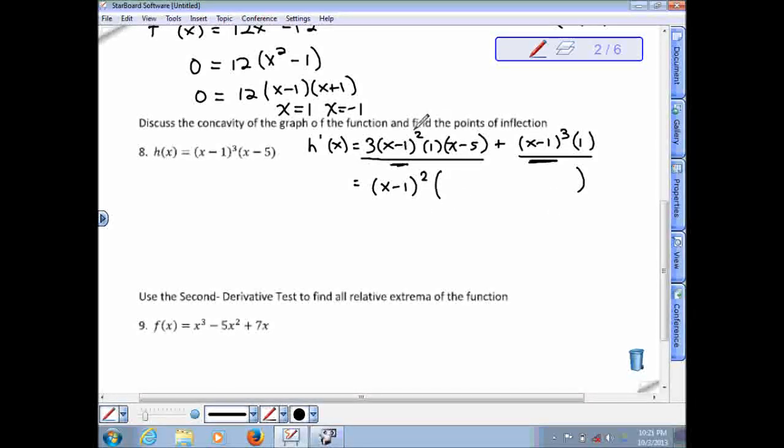So if x minus 1 is factored out from this part of the first derivative, what that leaves is 3 times quantity x minus 5, which becomes 3x minus 15. Now, from this part, if we factor out x minus 1 squared, that just leaves an x minus 1. Simplifying a little bit inside of that gives us 4x minus 16. That's the first derivative. Now if we do the second derivative,